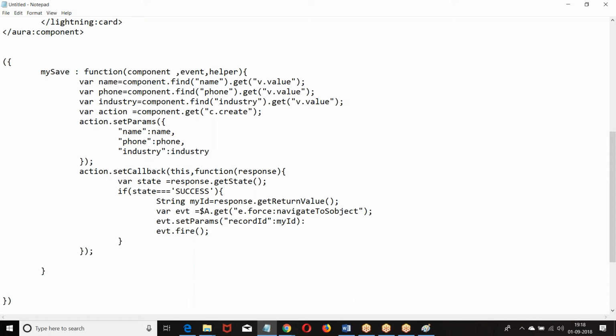So once the record is saved successfully, it is going to get the ID. Once you got the ID, it is going to fire. Fire means navigate to that particular record. Once the record is saved successfully, navigate to that particular detail page of the record. Did you get the context?